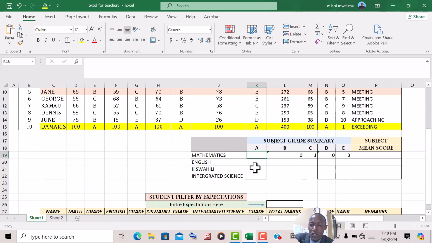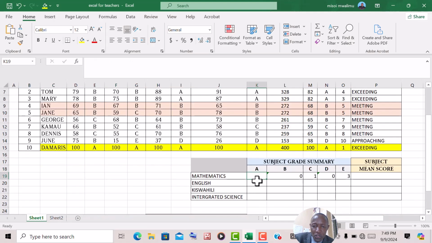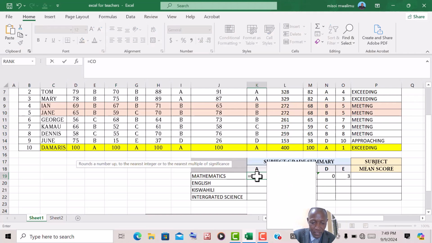In today's tutorial, we want to look at how we can use an Excel function called COUNTIF to count the number of grades for every subject. We want to know how many A's we have in mathematics, how many B's, how many C's, D's and E's. So without wasting time, let's go. We are going to use a formula called COUNTIF. You say equals to, then you write COUNTIF,